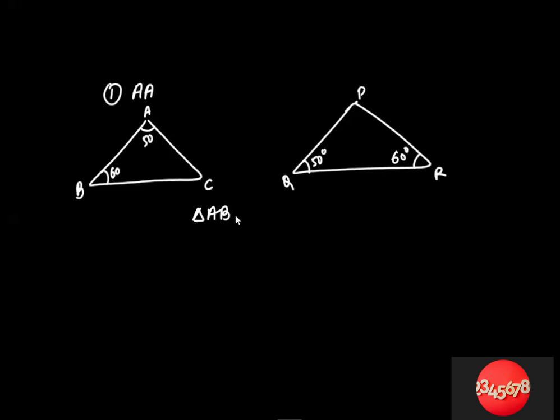So how will I name this triangle? Triangle ABC would be similar to triangle what? QRP. Be very particular with the names. Wrong. Because whenever two triangles are similar, yes or no? This also we discussed yesterday. Right. If two triangles are similar,